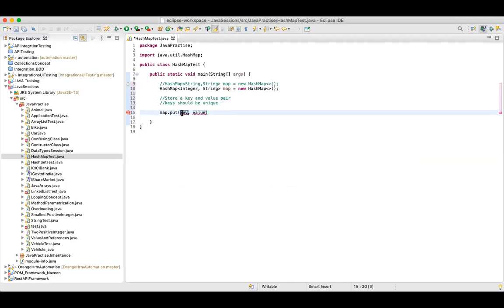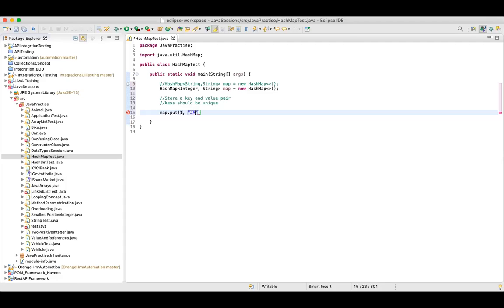So I'll say my key is 1. You can specify any key, guys. And my value, let's say we'll go for languages. I'm creating a map for languages. So I'll start with Java.